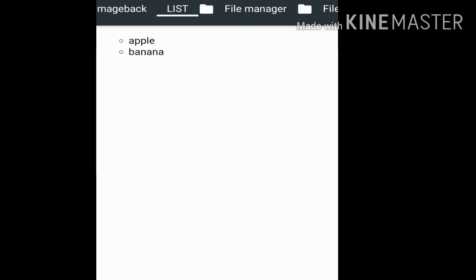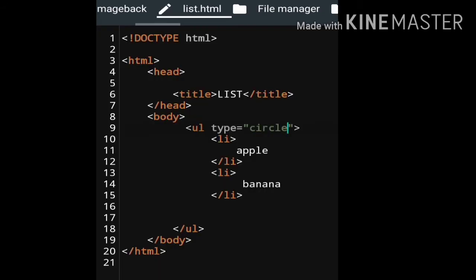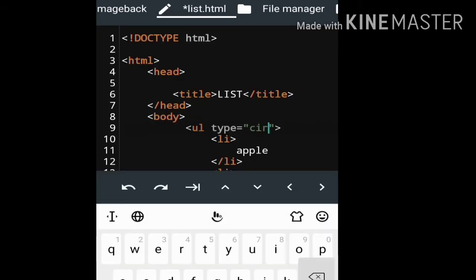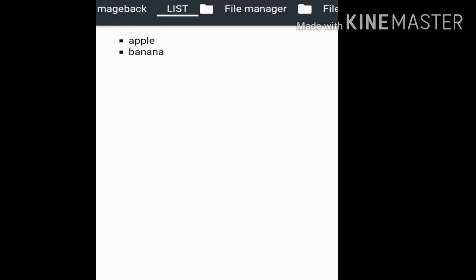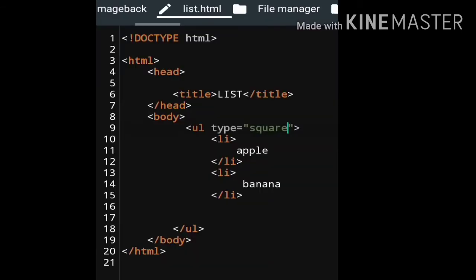But disc means solid circle. And if I give square, then it will show you a square. See here, square. So this way you can use the unordered list.